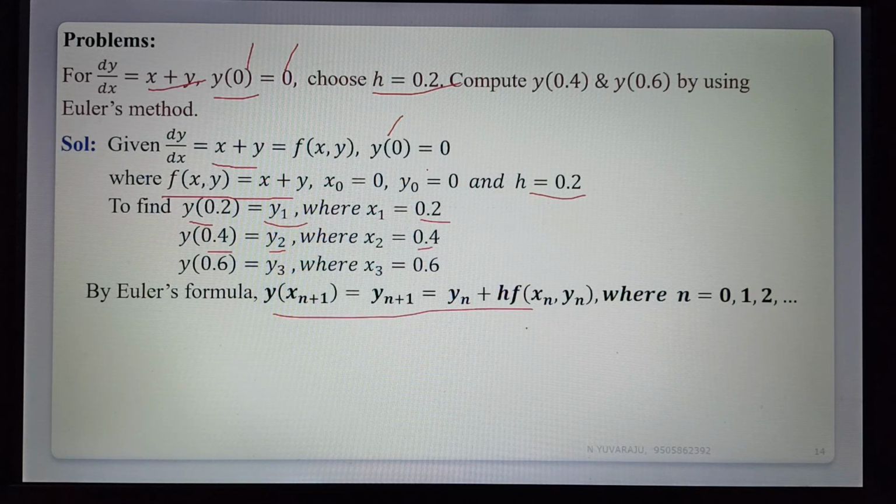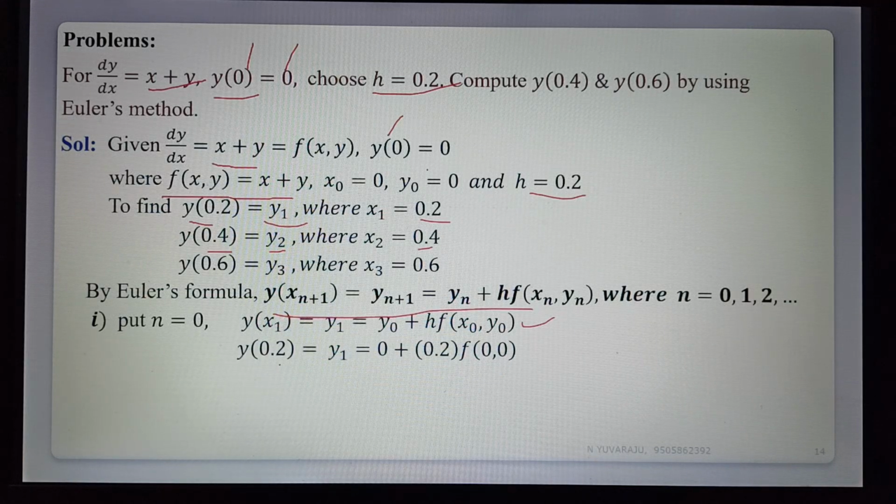So first, substituting n equal to 0, we get the first value. For n equal to 0, y of x1 is y1, which is y0 plus h into f of x0 comma y0. Substituting x0, y0, y of 0.2 is y1 equal to y0, which is 0, plus h, which is 0.2,